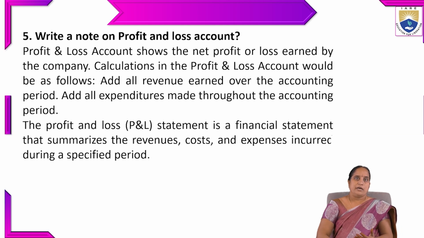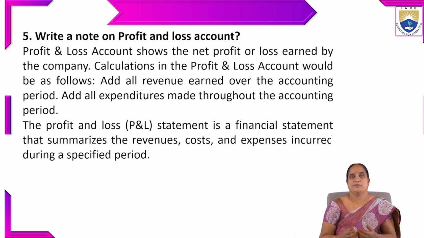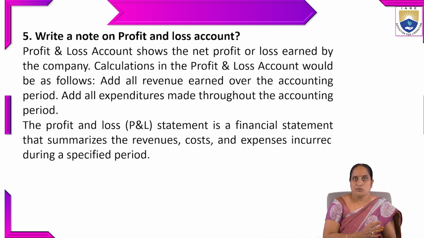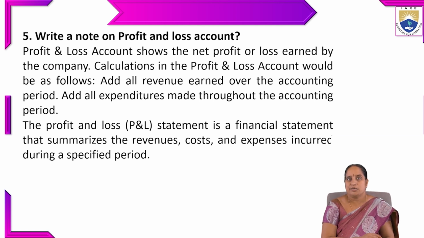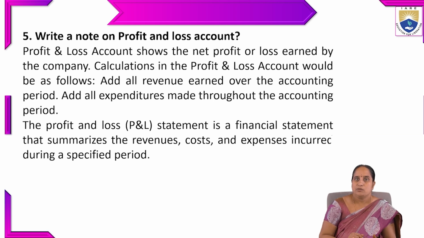So why do we add these kinds of things on the debit and credit side? Whatever transactions we are going to record in the profit and loss account are nominal in nature. So according to the nominal account, one should add income and gains to the credit side, and expenditures or losses to the debit side. The profit and loss account statement is a financial statement that summarizes the revenues, costs, and expenses incurred during a